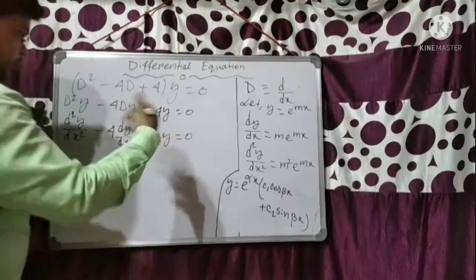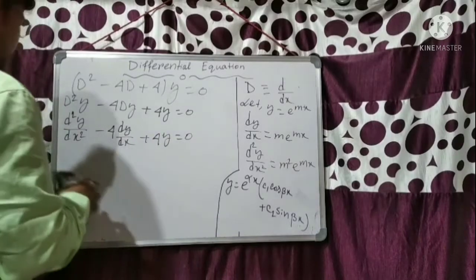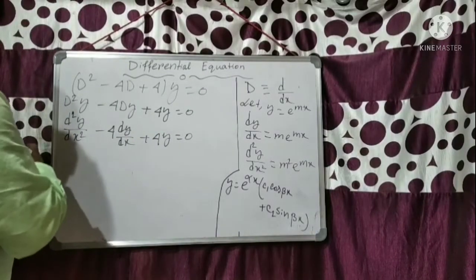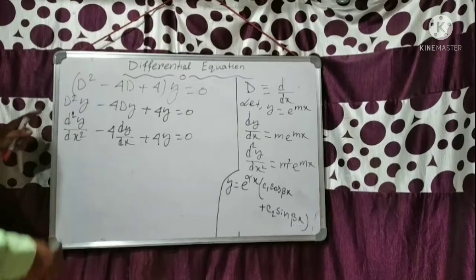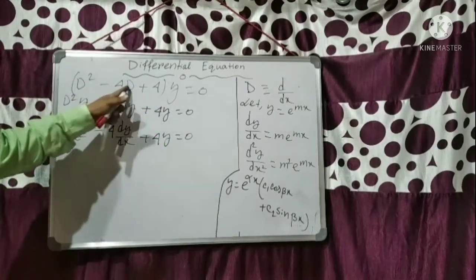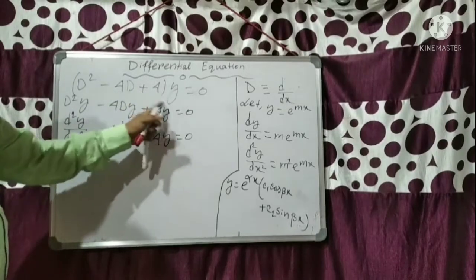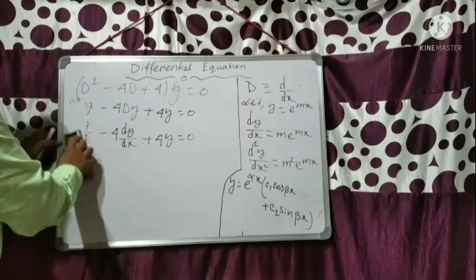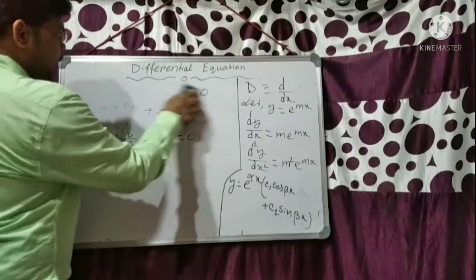Actually this is the previous example. Now I will take a new example, okay. Just I am showing capital D square y means d2y by dx2, capital Dy means dy by dx, and this is 4y, okay. Now I will take a new example like suppose